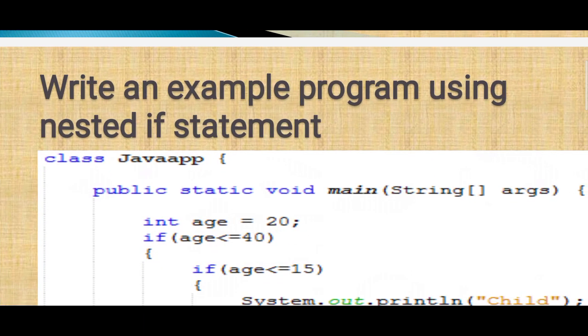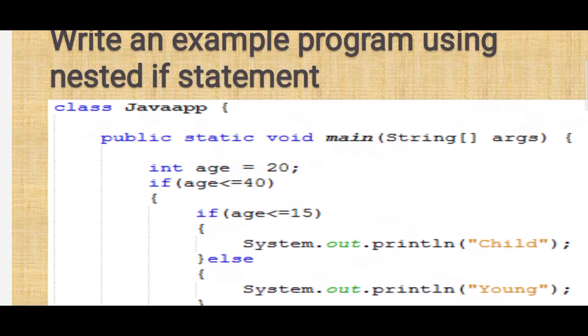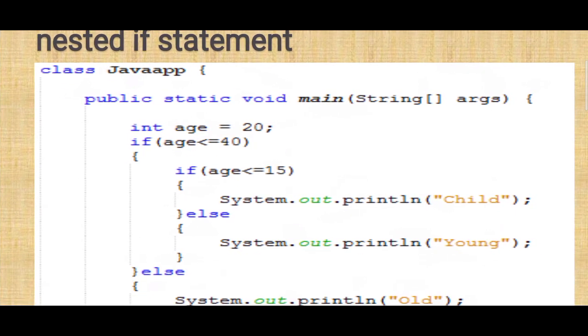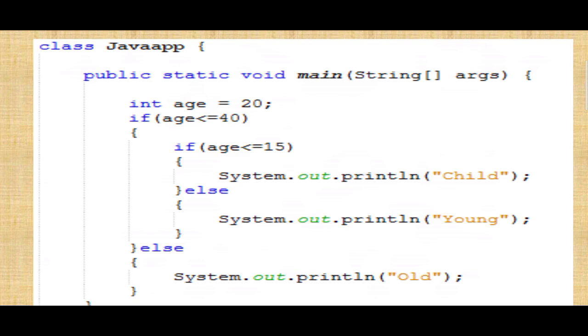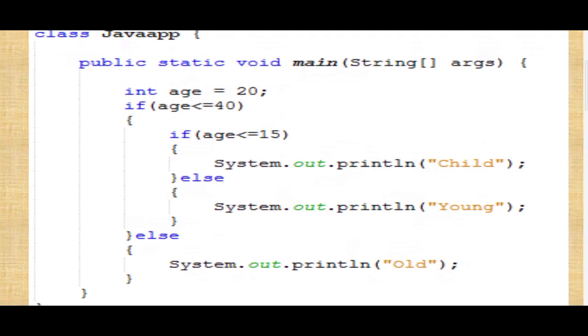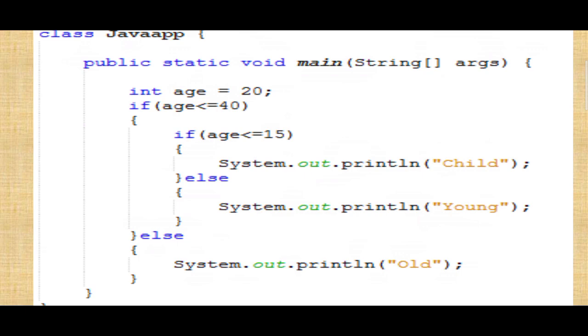This is an example program for a nested if statement. Class Java app, public static void main, String... int age is equal to 20. If age is less than or equal to 40, if age is less than or equal to 15, System.out.println child, else...